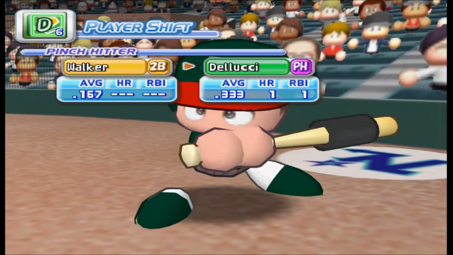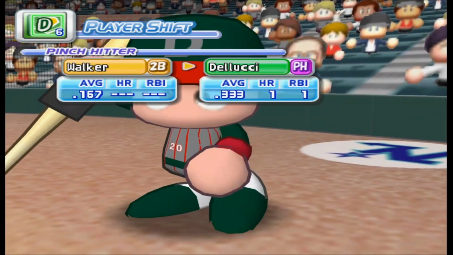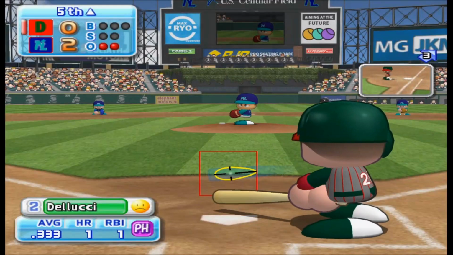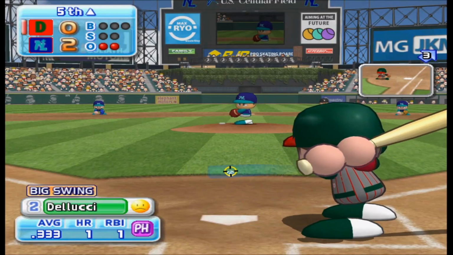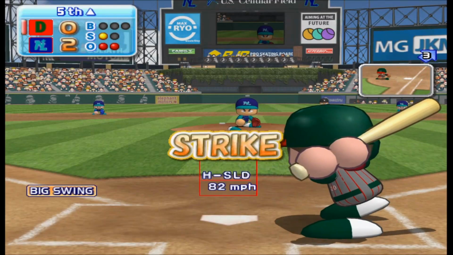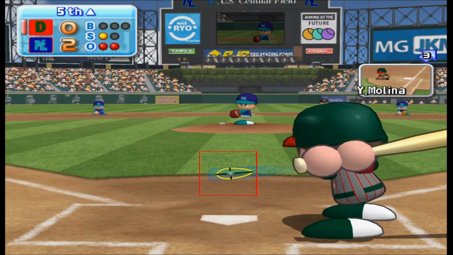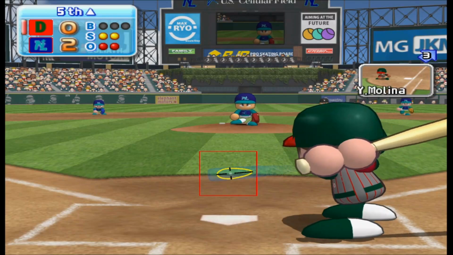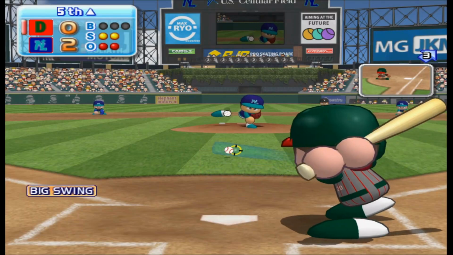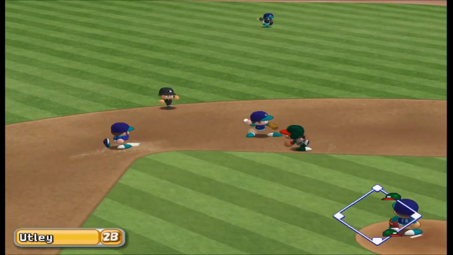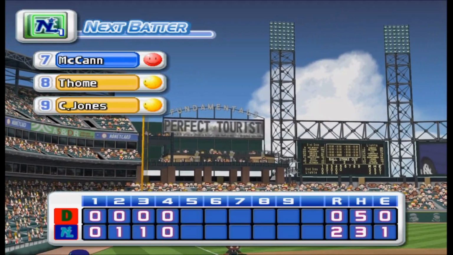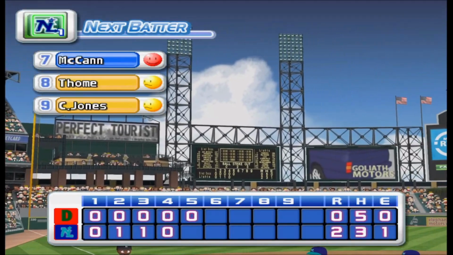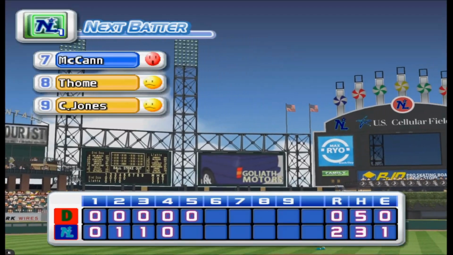Todd Walker has had a base hit already in this game. There's a timeout on the field. Edmonton are putting in a new hitter. Pinch hitting, David DeLucci. It's a strike. Strike. He's behind in the count. Thrown to first. There's the third out. No runs, 1 hit, no errors, 1 man left on base. We enter the bottom of the 5th inning. Edmonton 0, Minneapolis 2.